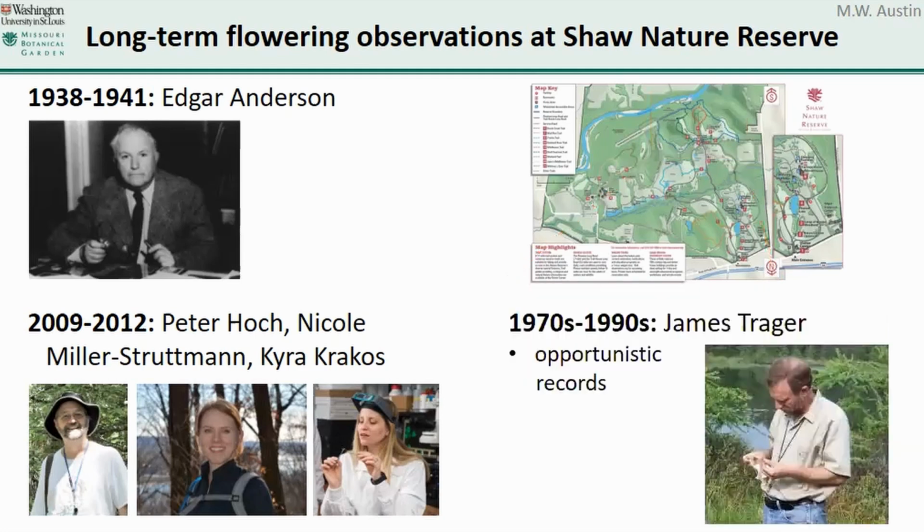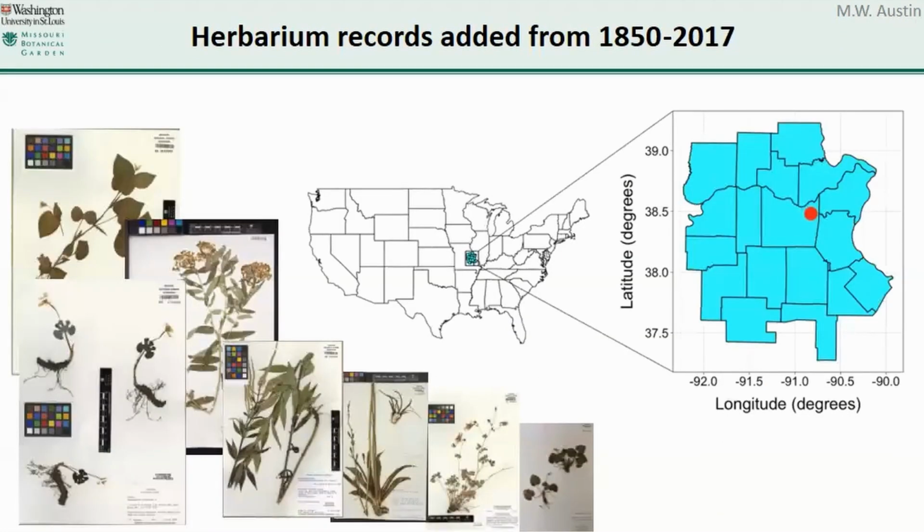After collecting their data, they also realized that James Trager had collected opportunistic flowering records from throughout the reserve from the 1970s through the 1990s, which they added to their data set. So when I began collaborating with this group, I added for every species in the data set herbarium records that span from 1850 to 2017 from the counties immediately surrounding Shaw. And those counties are shown highlighted in blue here, with the midpoint of Shaw being indicated by the red dot. And I'll circle back to the utility of these herbarium records later in